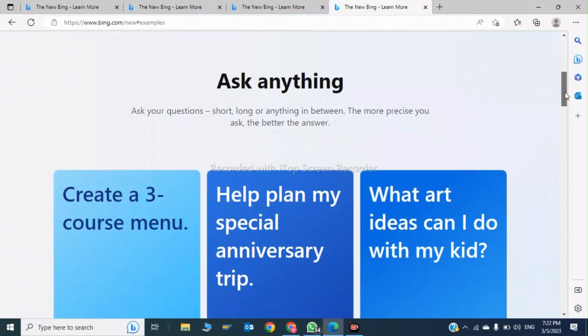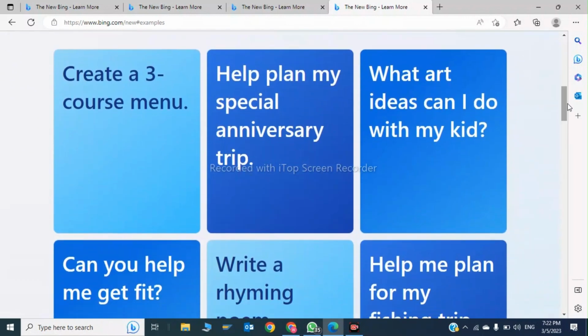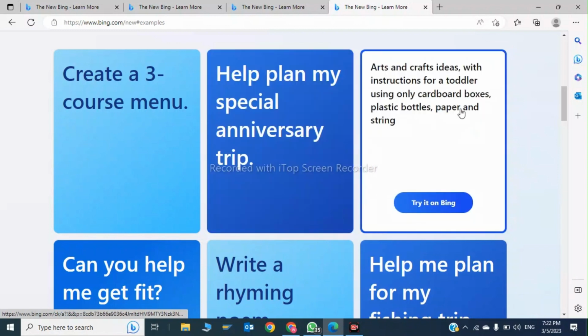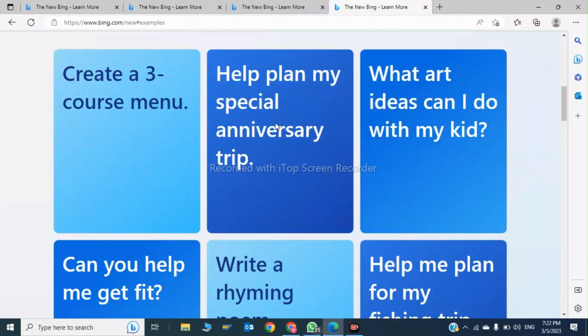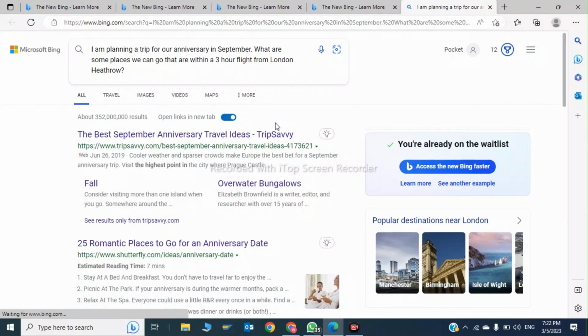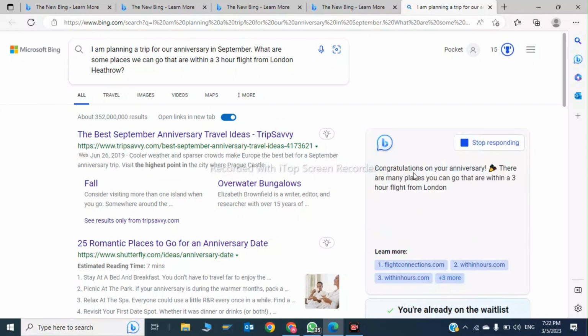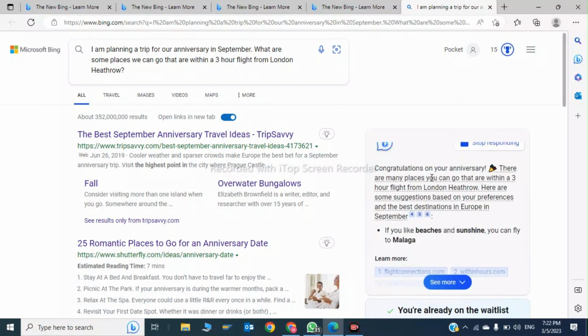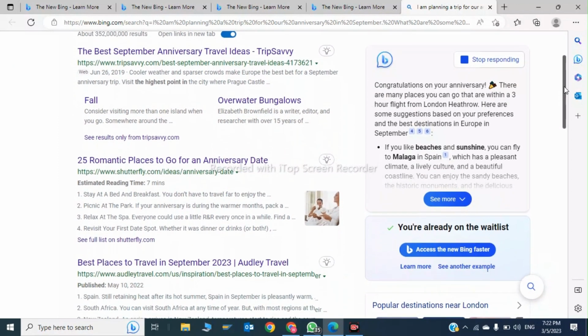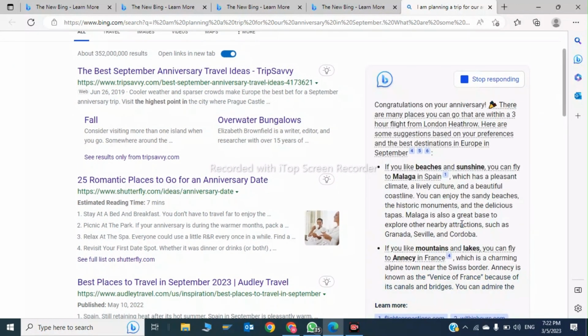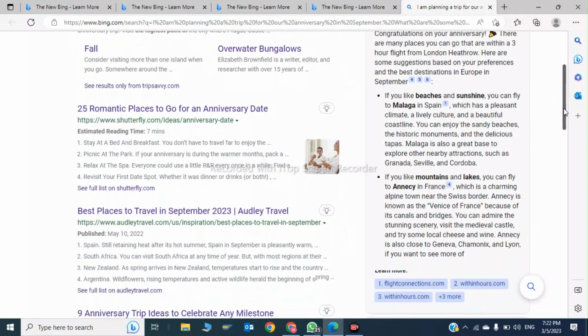So in order to use the Bing AI fully, you have to enroll yourself in the waitlist. So I will click help plan my special anniversary trip. So I will click on this. So this is the Bing AI. It is creating the text for me. Click on see more. So this is the text which Bing AI has been